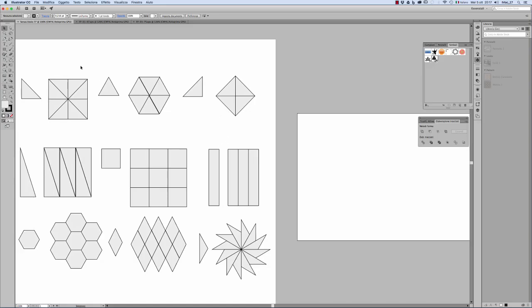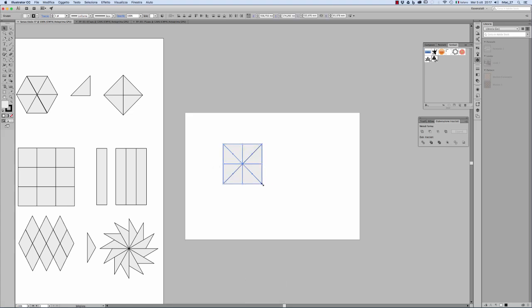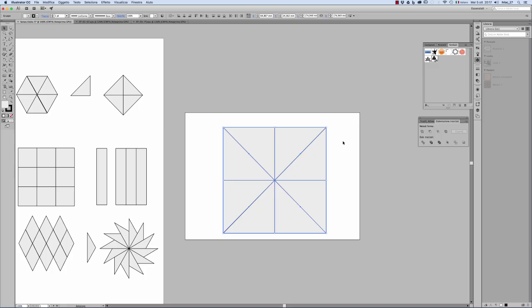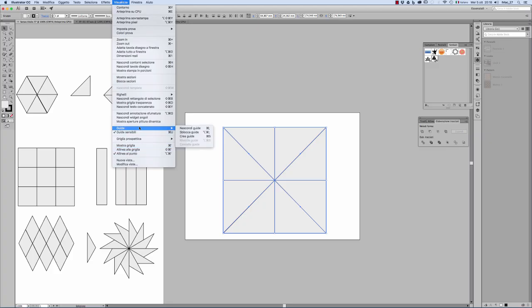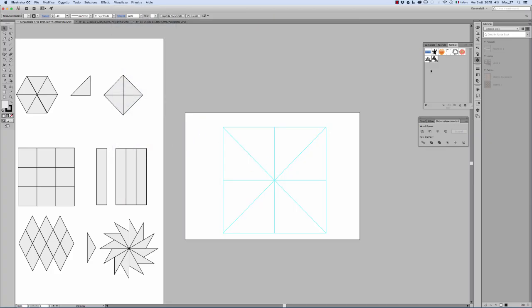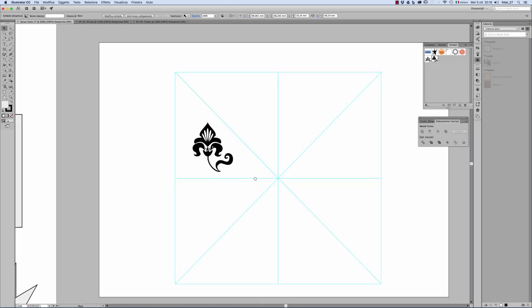Let me copy this one, for example, and paste it in here. Okay, I want to work with this one. There is a function that allows you to turn objects into guides. You go to View, Guides, Make Guides, and then this turns into guides. So let me bring one symbol I have over here, and if I place this symbol over this triangle, maybe